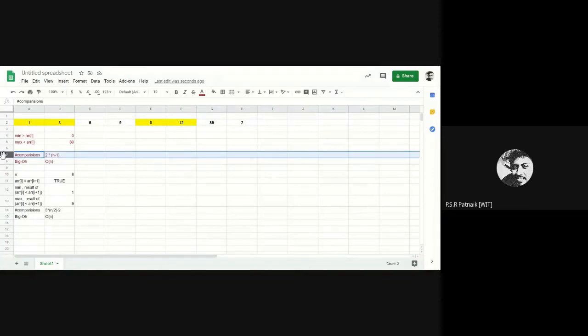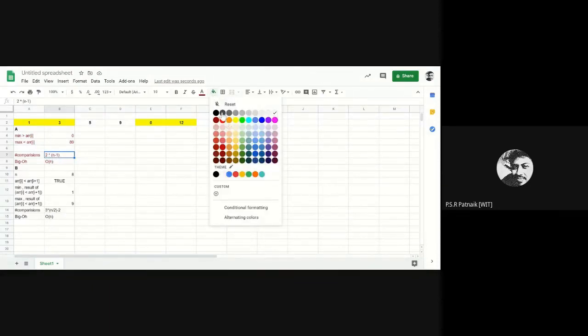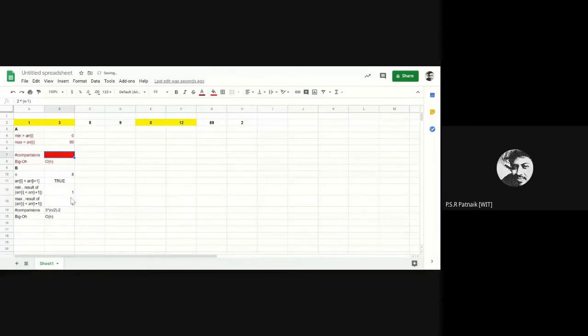Let us call this approach B, and let us call this approach A. Which approach is better when I compare just these two? Let me highlight it in some color. Okay, so let me check your response.